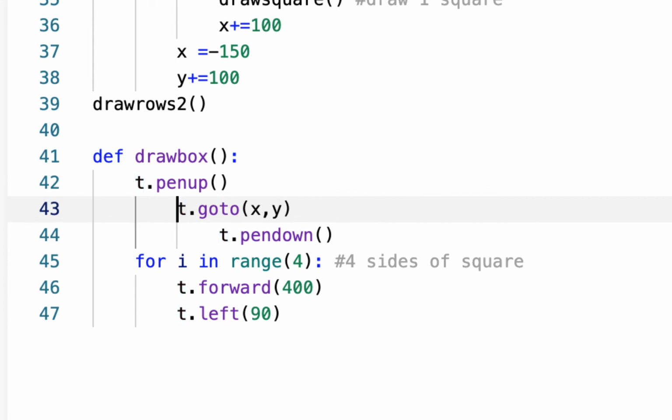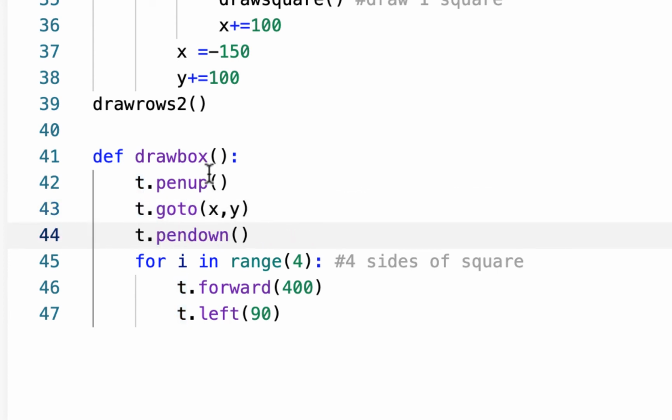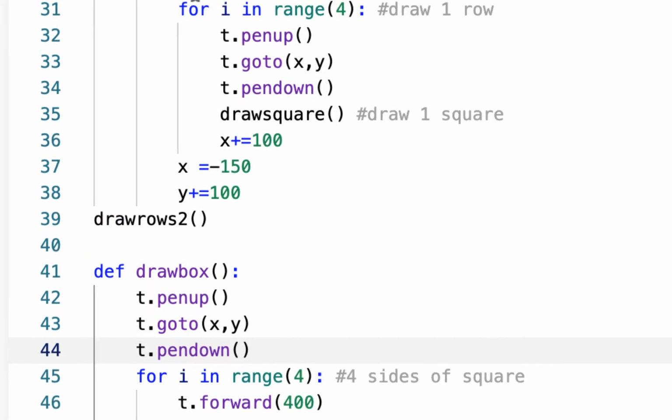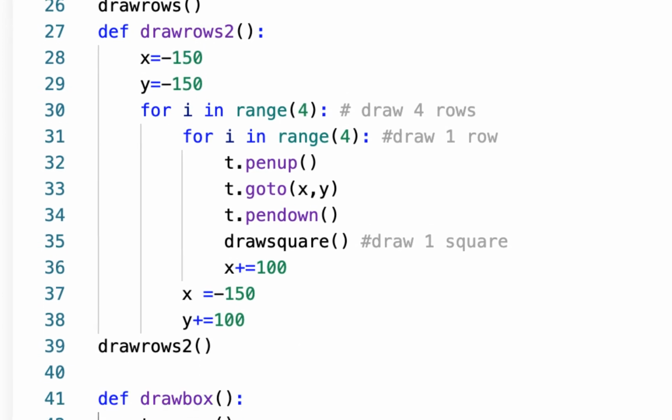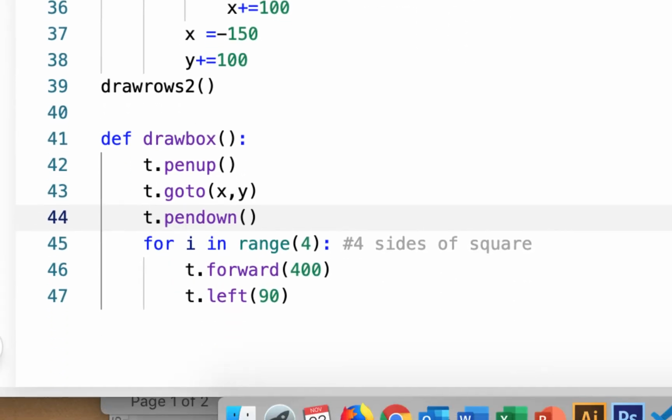Now I got to match these things up. These will not be in a loop. They'll just be part of the function, and it's going to be pen up. It's going to go to. Now I can't use xy because this is defined inside a function. This is an example of this is local in here. And if I did this, actually, I'll leave it in here just to show you that I can't borrow xy